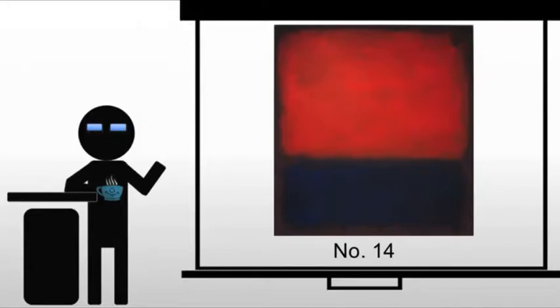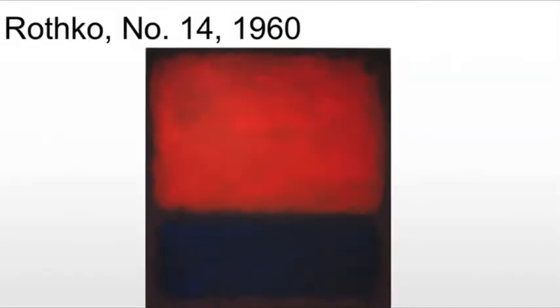Then we have number 14. If you've been through some basic survey courses, this is probably the piece you were shown when it came to Rothko. Now, number 14 is painted in 1960 and at one time was known as Emotion and Myth. But when it comes to Rothko, we've eliminated many of the titles. In this case, you may see this named Blue and Orange or something basic like that, but we try to